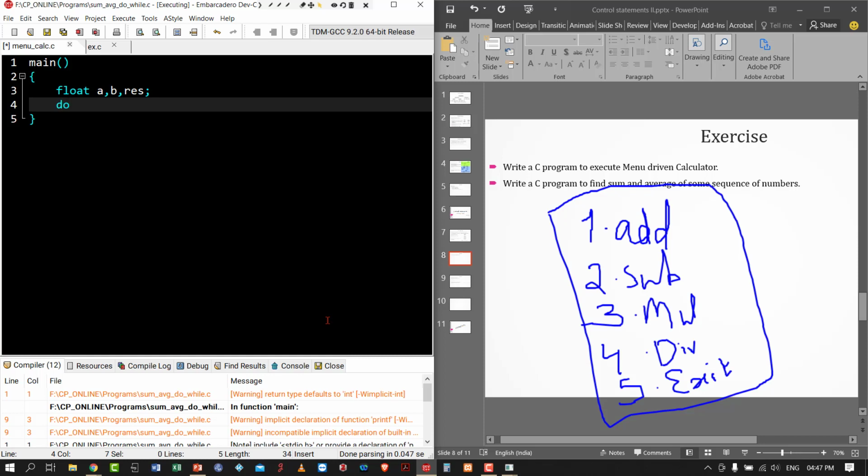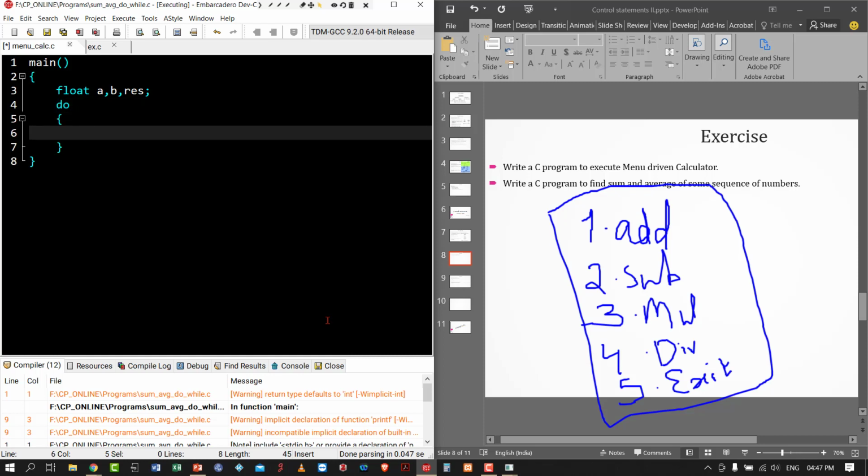Then I am writing a do statement, printf: 1 for add, 2 for sub, 3 for multiplication, 4 for division, 5 for exit. Exit means exit from the program.